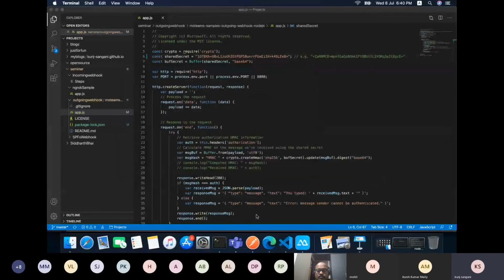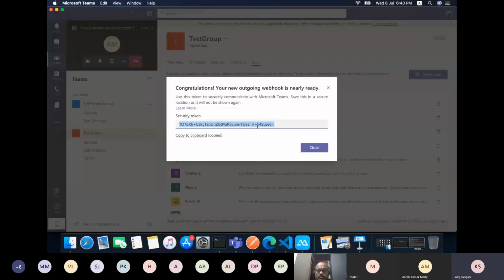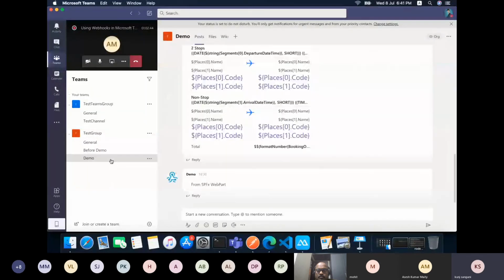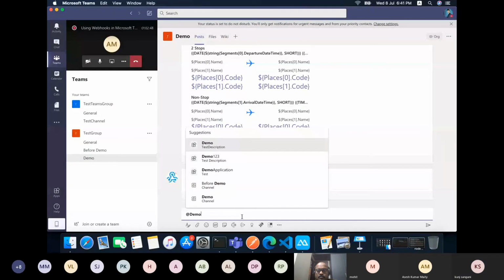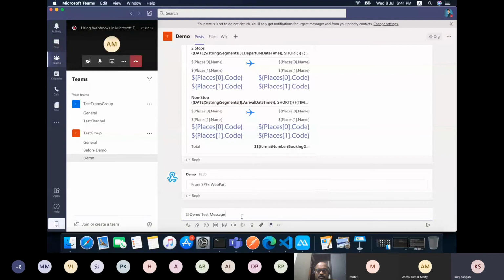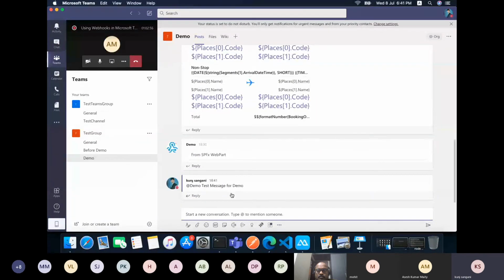Now we can go back to our Teams, close this. And in any of the channels, if I just type @demo and then any message, like test message for demo, what our application will do is send this message back if it is correct.